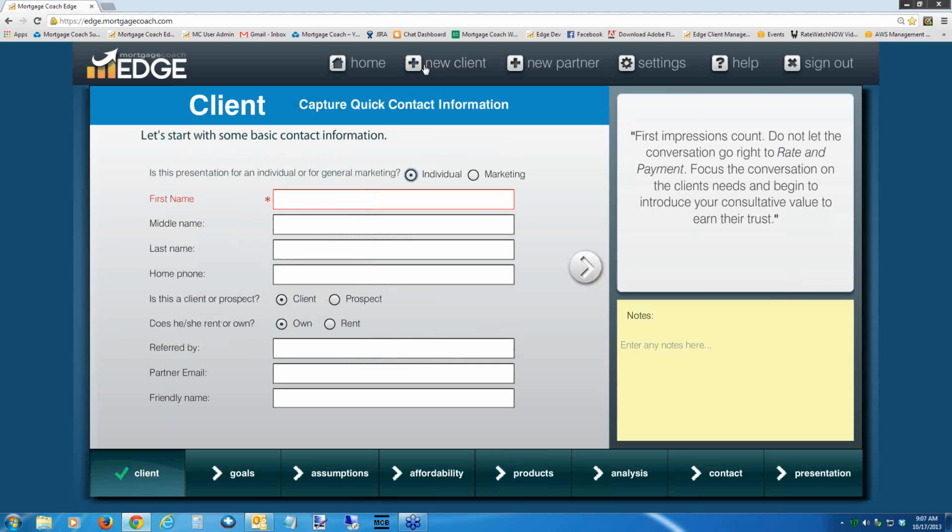Okay, so let's start with a brand new client. Actually, I'm going to show you guys how to do an annual review. Now, obviously, the refi market is not huge right now, but it's very important that you continue to stay top of mind for your customers. Even when the rates aren't perfect for them to do a refi, you still want to let them know,